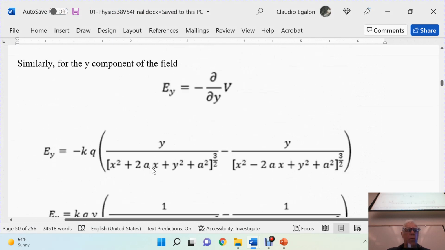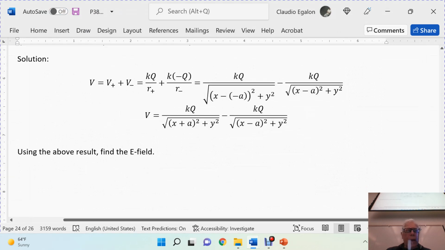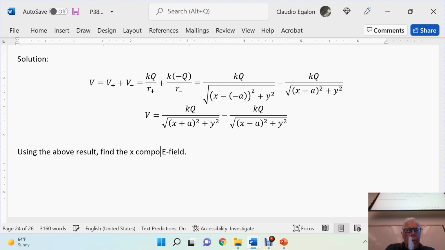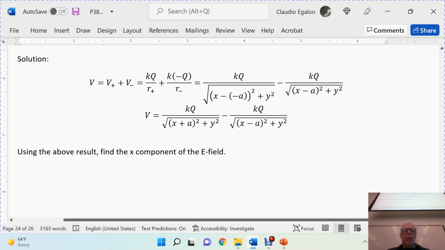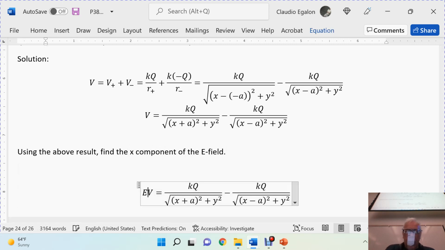Then you can do the y component as well. Okay, the x component of the electric field is going to be